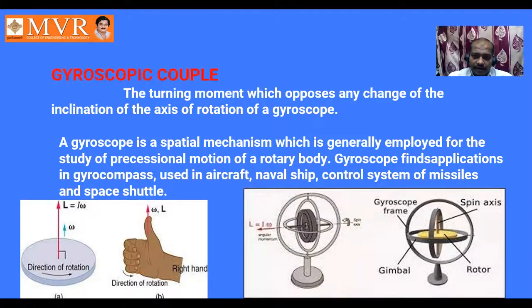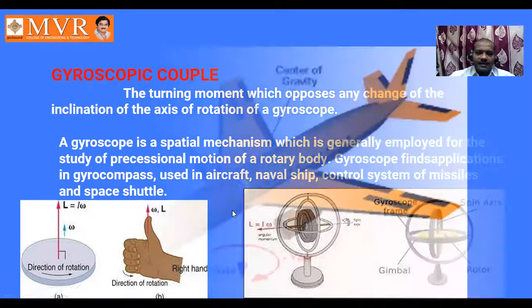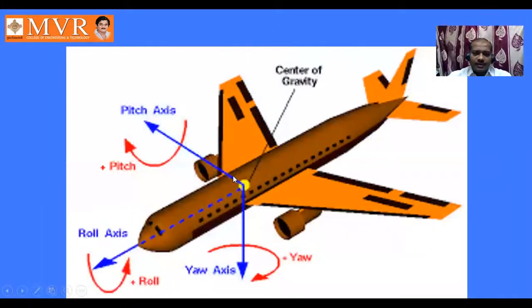Then what is a gyroscope? A gyroscope is a spatial mechanism which is generally employed for the study of precessional motion of a rotary body. Gyroscopes find applications in the gyro compass used in aircraft, naval ships, control systems of missiles and space shuttles. For a better understanding, I have gone for this type of